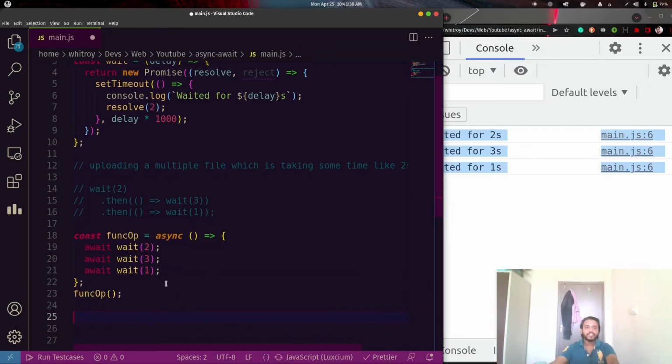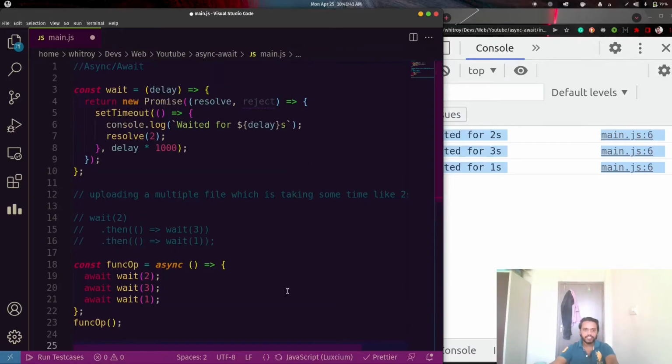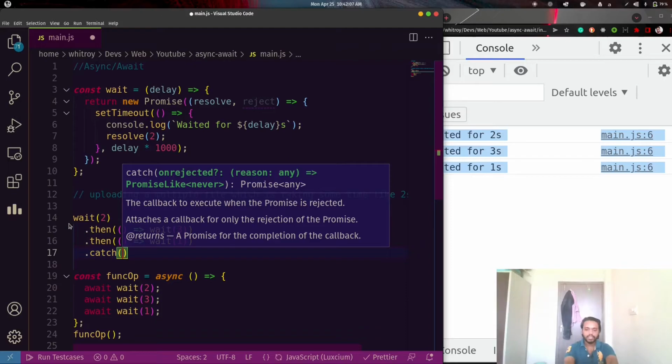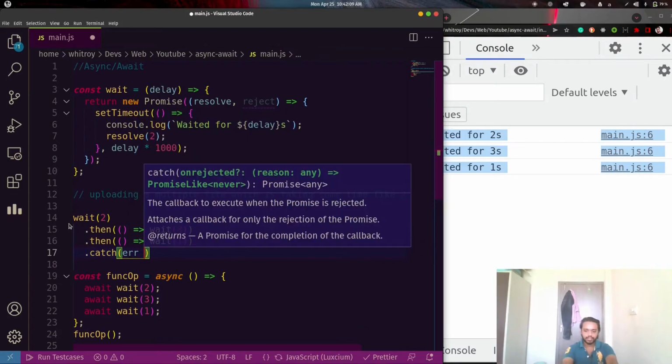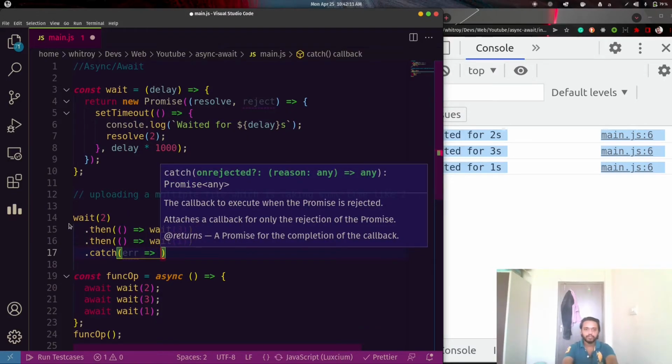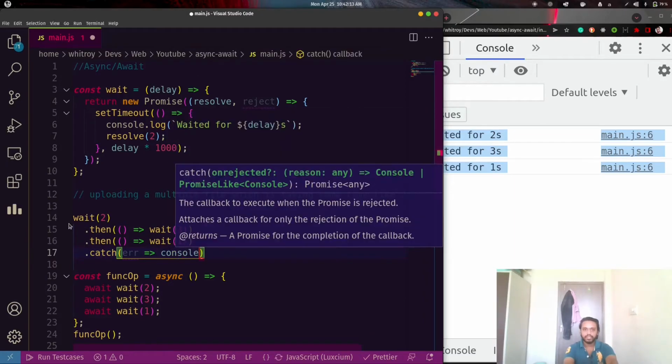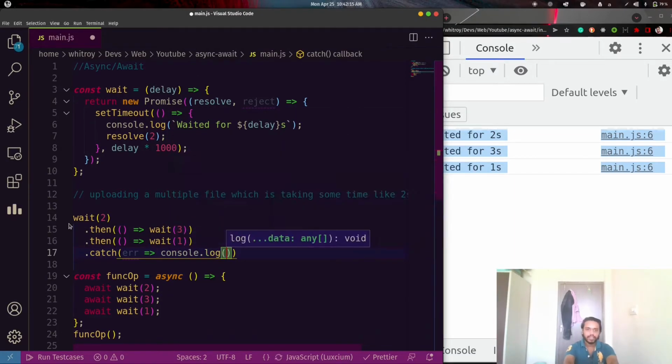Okay, before discussing that, first let's check how we can handle errors in async await. We handle errors in promises by using catch, we get an error message, and we do what we have to do. In this case we just print that it is giving an error.